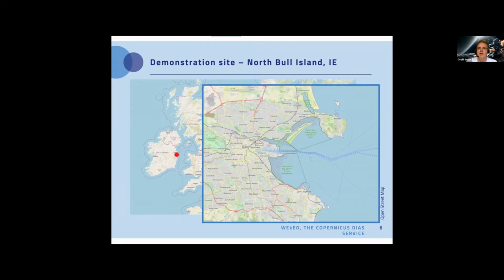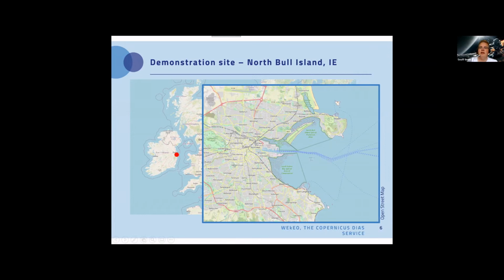And if we zoom in here, hopefully you can see my mouse working. Here's the city of Dublin in grey here. And the river that runs through the middle of the town is called the Liffey, which then connects to a port here. And Dublin Bay is where the river flows out into here.